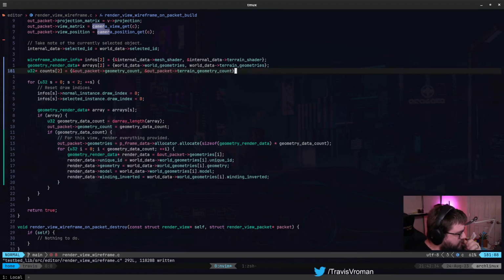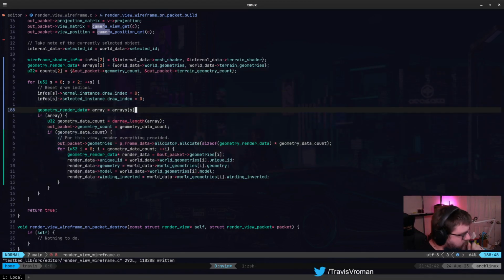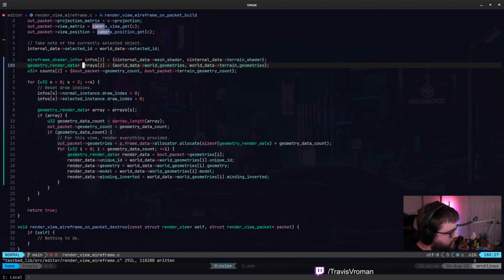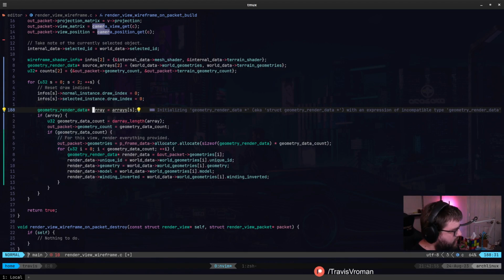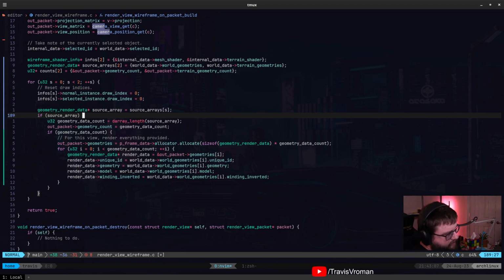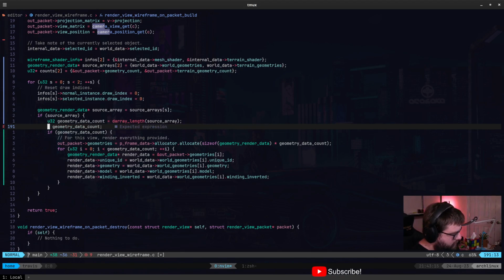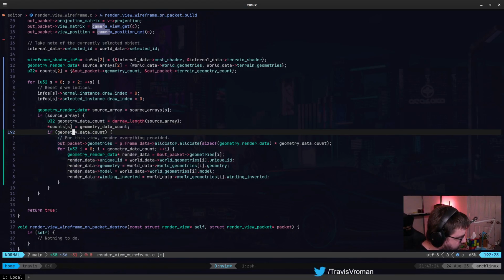I actually just realized that this is a source array. We're also going to need a target array for this right here. So let's rename this source arrays, right? And then we'll call this source array, and that'll be source array sub s. So if the source array exists, then we go ahead and get the length of that. We are going to set counts sub s equal to that. And then if we have geometry data counts, yeah, if this is a non-zero, then we're going to go through and